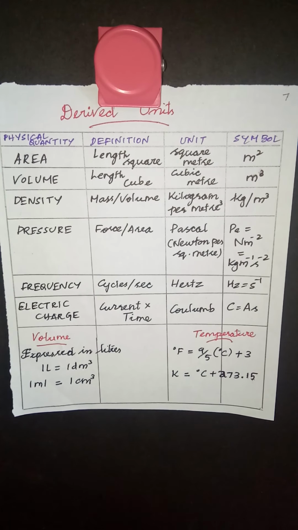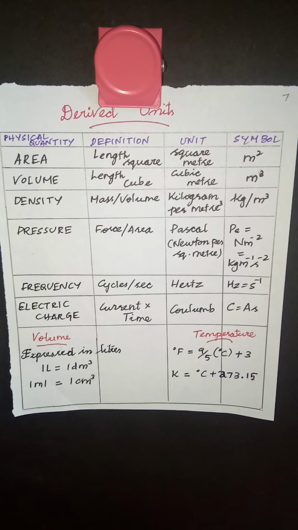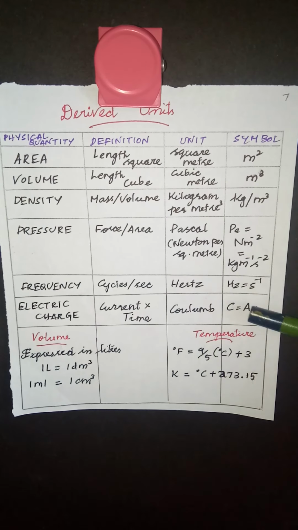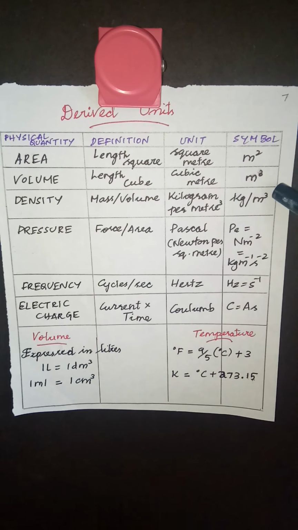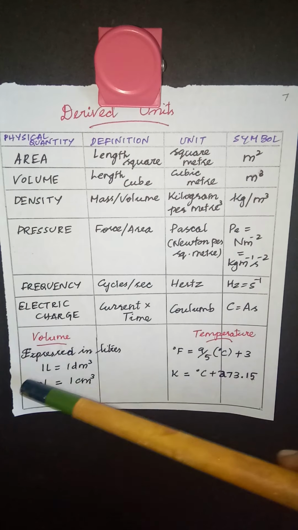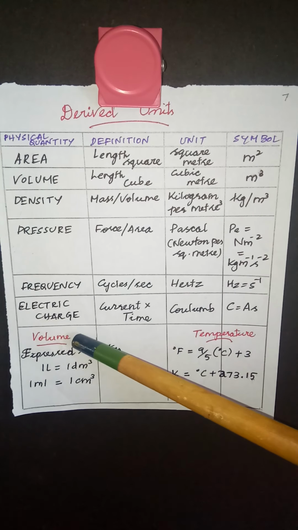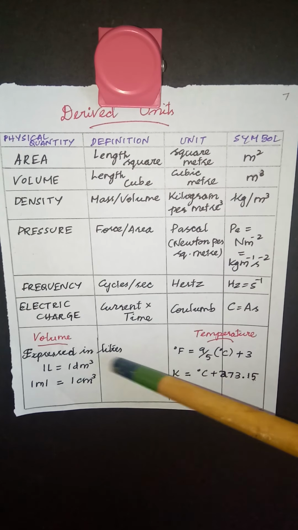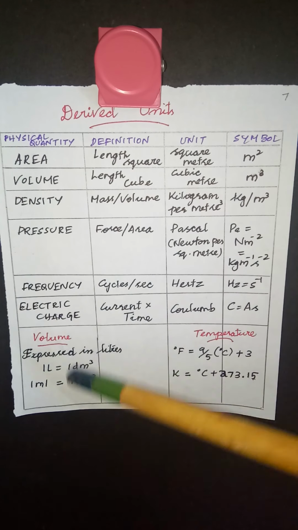And remember one thing, when you're writing these units, you're actually writing the SI units, because these units are all derived from the 7 base SI units. So what is the SI unit of volume? Meter cube. What is the SI unit of temperature? It's Kelvin. But you have to remember one thing, even though these are SI units, we have other units which we commonly used. That's what I'm going to tell now. Now see volume. Volume, the SI unit is meter cube, but we usually express it in liters.